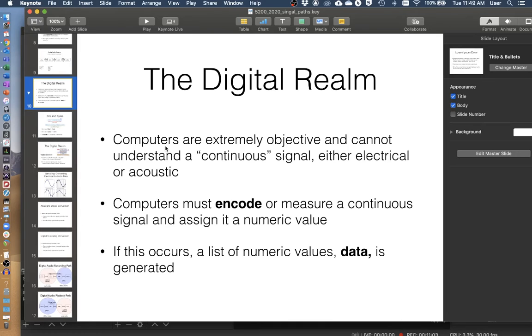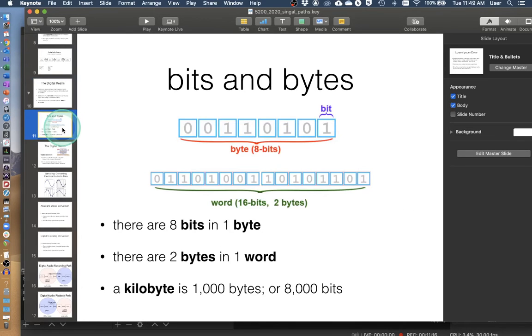And so computers must encode or measure, or something must encode or measure a continuous signal and assign it a numerical value. This numerical value becomes data. That data is sent as bits and bytes, and in classes, we don't have to go down this rabbit hole, but in classes we talk about what a bit is and a byte is, and how many bits are in a byte, and what storage means, and the need for storage, or the need for computing power, and how that